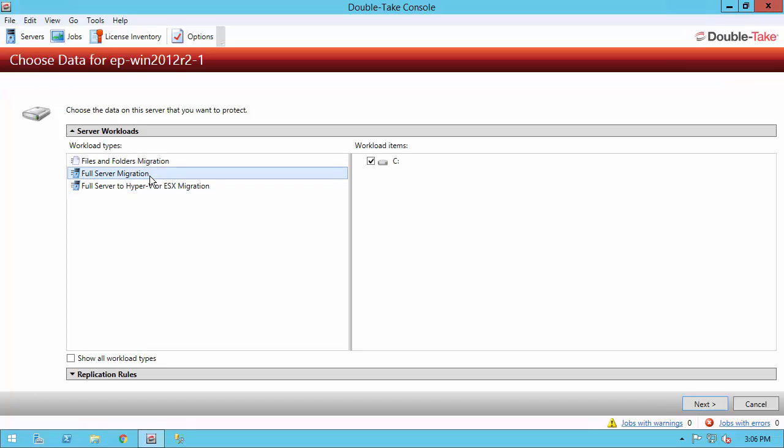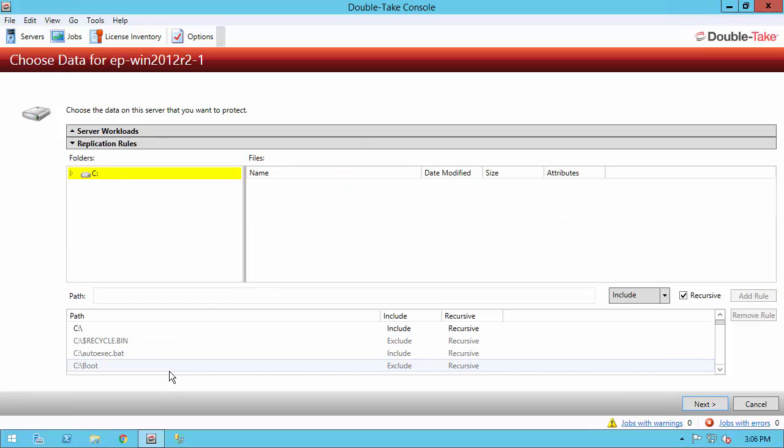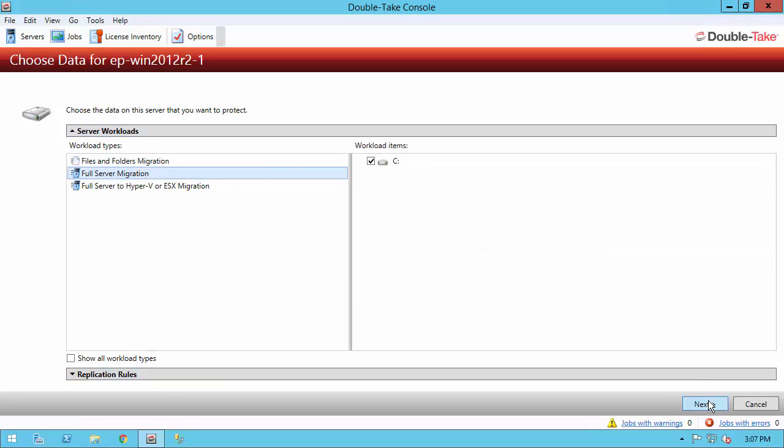Once I select that, all the volumes on the right are selected. I only have the C volume, but if I had a D, E, F, those would be selected as well. And I can unselect those volumes if I wanted to. You can also go down to replication rules and customize the rules for any particular volume to include or exclude folders or files or wildcards. I don't want to make any changes, so I'm just going to go ahead and click Next